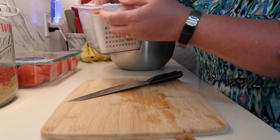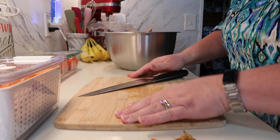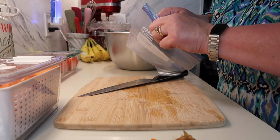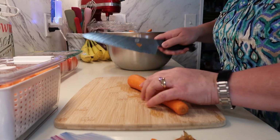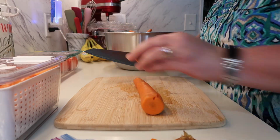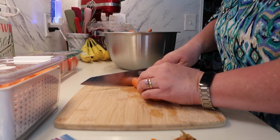And I'll just stick this in the refrigerator like that. And the rest of them I'm going to put into Ziploc bags like this. I'll show you one of them. Well, I'll show you the way I'm going to do two different ones, because I'm going to do two different bags. But some I'm just going to leave